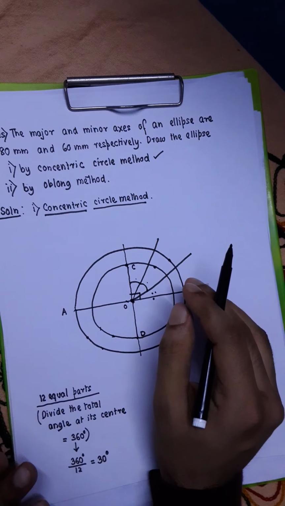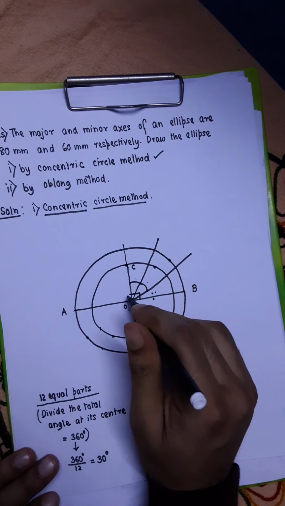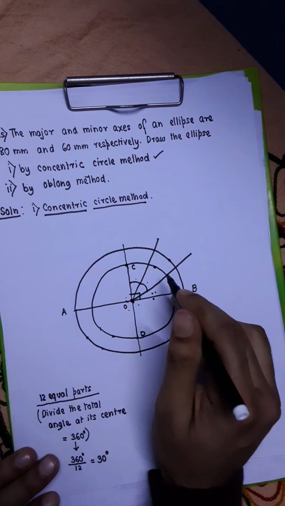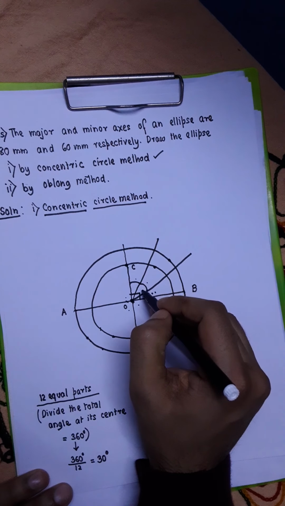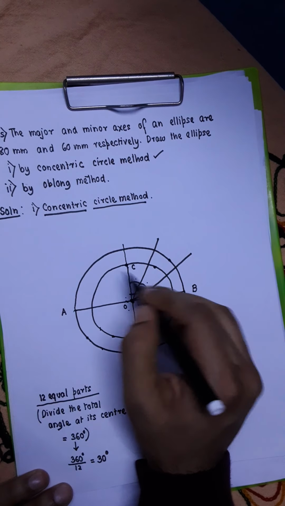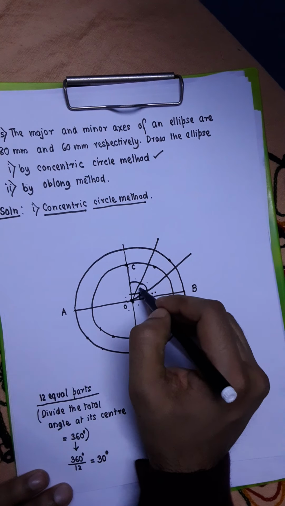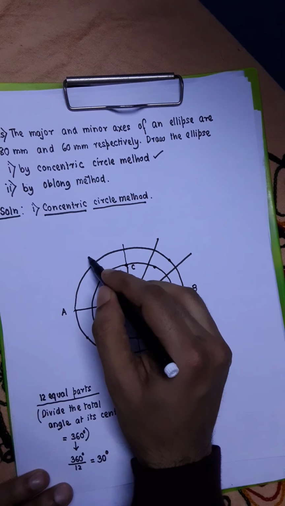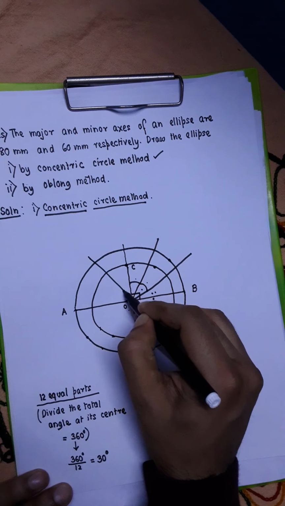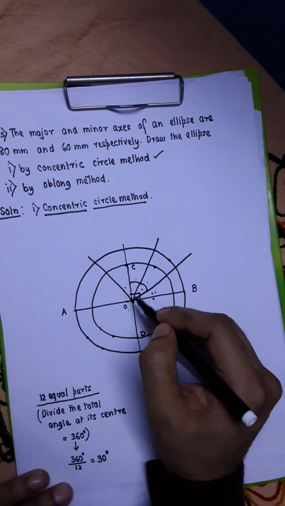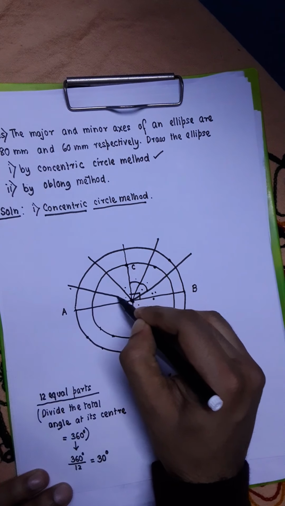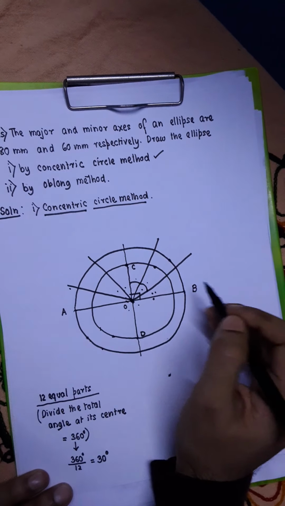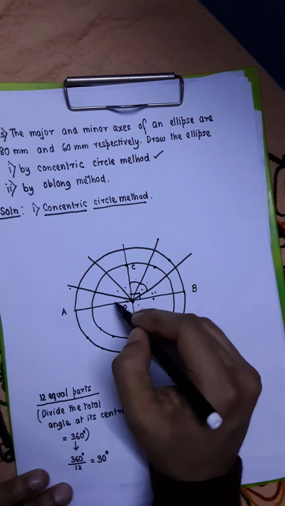So if we repeat this in this quadrant and this quadrant, the entire circle will be divided into 12 equal parts. So we can repeat whatever we have done in this quadrant in another quadrant first. So first let us repeat this in this quadrant. You draw a line like this such that this angle is 30 degrees, and draw yet another line such that this angle is again 30 degrees. So this angle will be automatically 30 degrees because this total angle is 90 degrees.